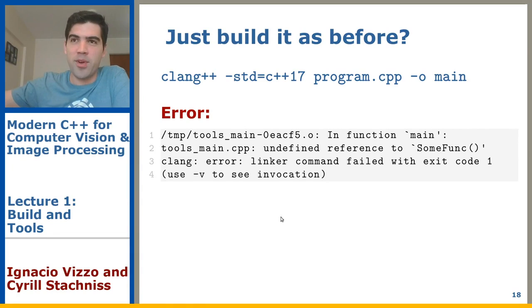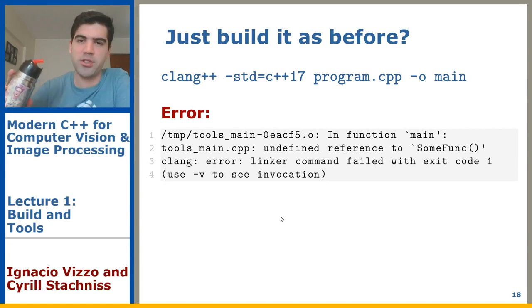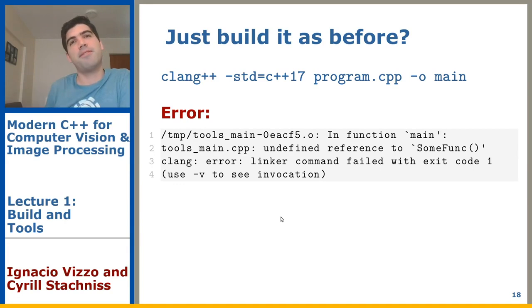We need probably one lecture for discussing where to put stuff. But basically, if you put implementation in header files, the simplest thing that will happen is you will pay the price at compile time, because whenever you include this file in another CPP file,